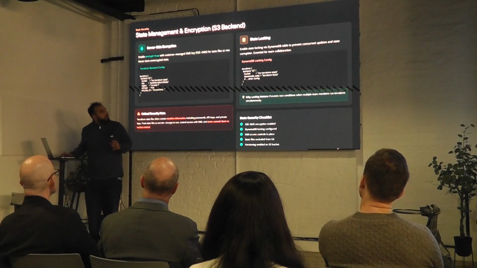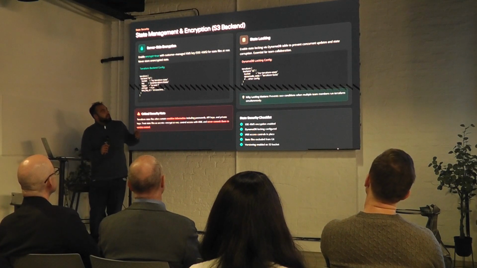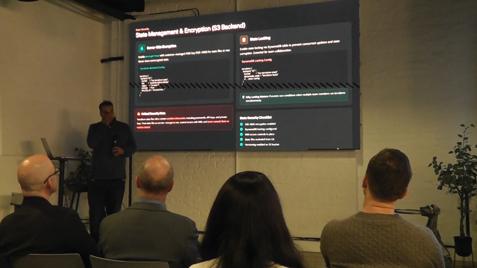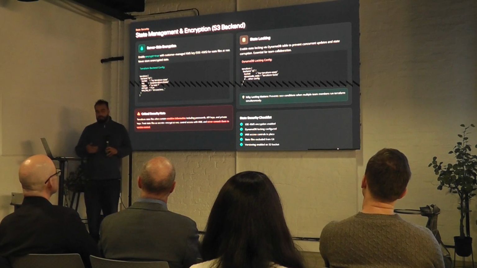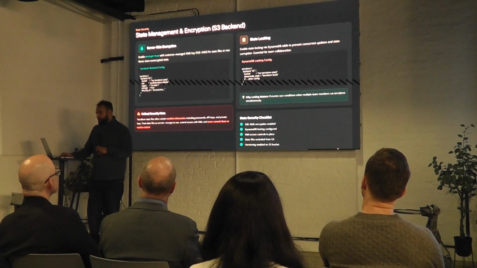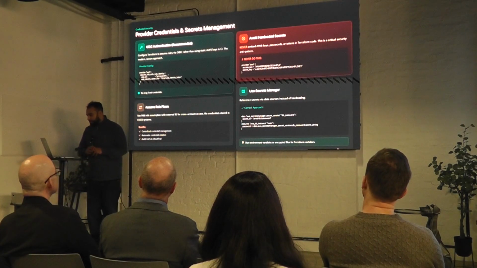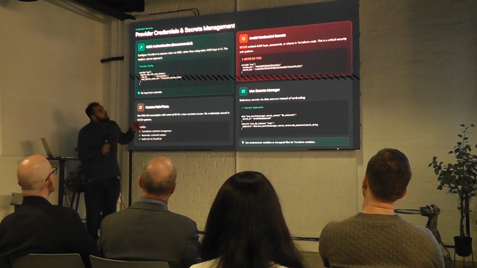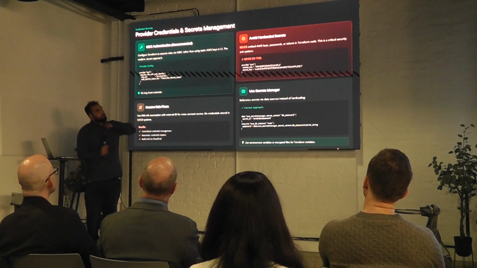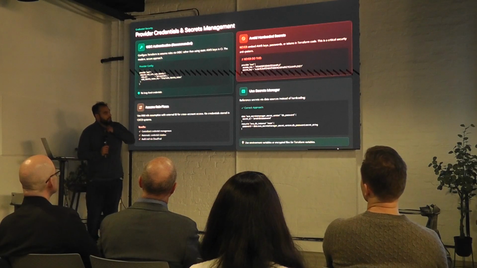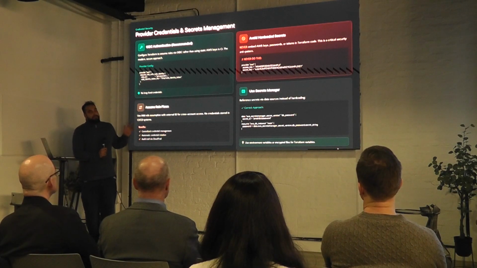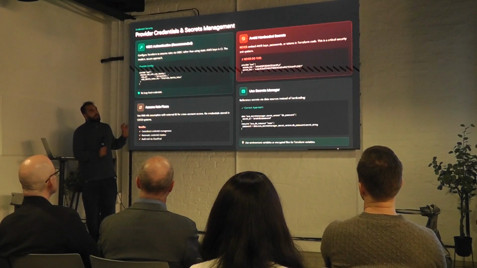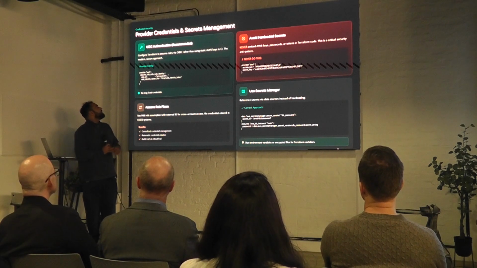Then when it comes to state locking, you can enable it using DynamoDB tables. With regards to all of this, cost needs to be taken into consideration, and management approval also. Next, provider credentials and secret management. Never hardcode AWS keys, passwords, or tokens in Terraform code. Use a secret manager. A lot of this stuff is really basic, but you'd be surprised at how many people don't do this. Again, common sense is not so common.